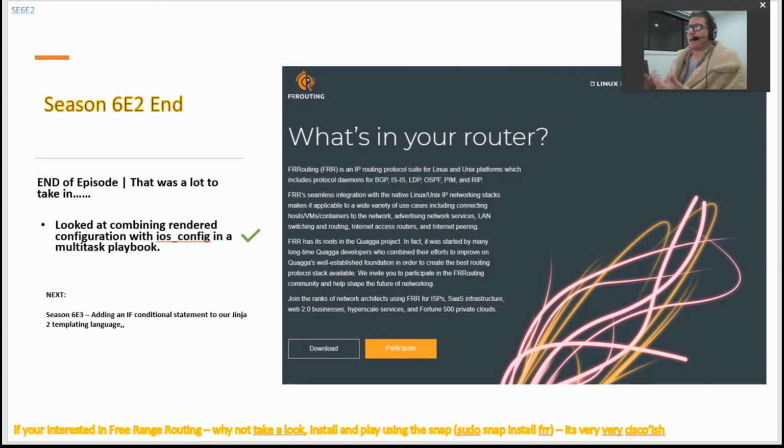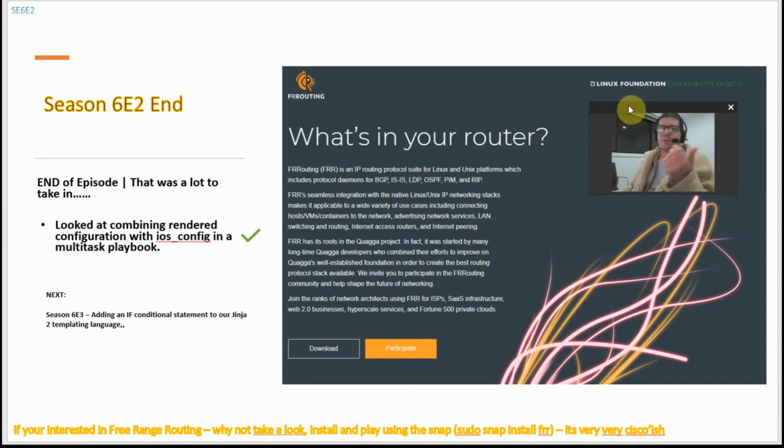So what have we learnt in this one? This one didn't take too long, it's 15 minutes. It's actually gone longer than I thought. We've looked at combining and rendering configurations, pushing them out with the ios_config module in a multi-task playbook. We've briefly touched on a good new friend that you may make in FRRouting, an open source Linux routing suite. And if you are interested, feel free on your Pop Linux box, or if you've got a Raspberry Pi, sudo snap install